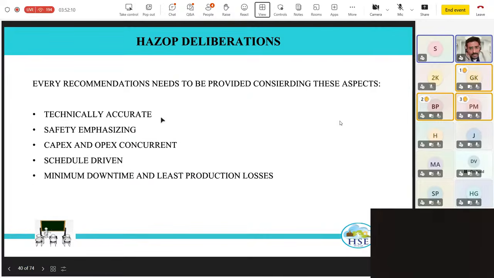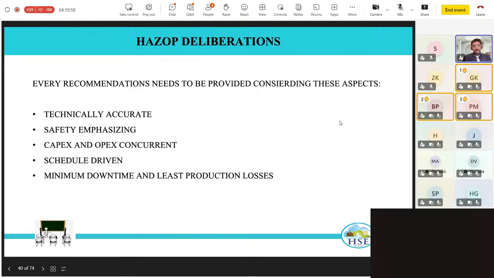So we will do the HAZOP deliberations, and then we'll directly jump on to LOPA. So we look at the HAZOP deliberations. Recommendations can be provided in different ways, but a recommendation should be crisp enough to address the shortcoming, and it should be in such a way that it is a win-win for everybody. So that is why whenever I provide recommendations,